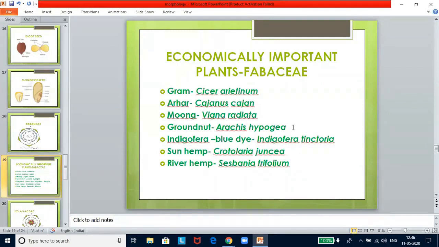The questions that can arise from this are, what are the pulses here? Cicer arietinum is a pulse, Cajanus is a pulse, Vigna is a pulse again, like this. Then, oil seed among the following; they will not ask it as moong, arhar or groundnut like this. You will be able to identify. They will give you the botanical names and then ask you to identify. If you look at the economic importance section in your book, at the end they have given it, but the botanical names are missing. So I have supplemented the botanical names for those plants.